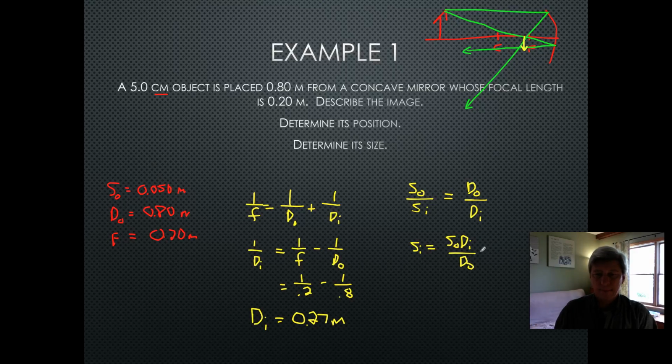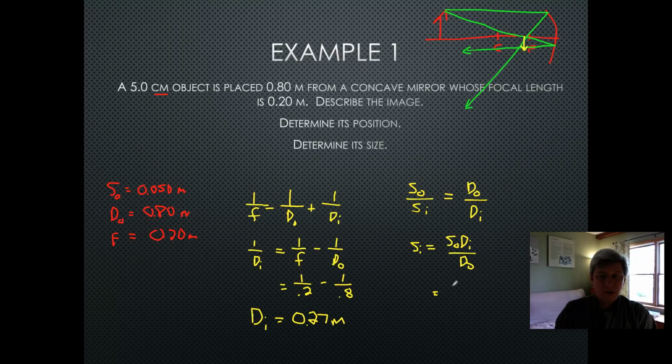All right. So that's going to give me, let's see, SO is 0.05. DI we just calculated as 0.27 and divide that by the DO value, which is 0.8,